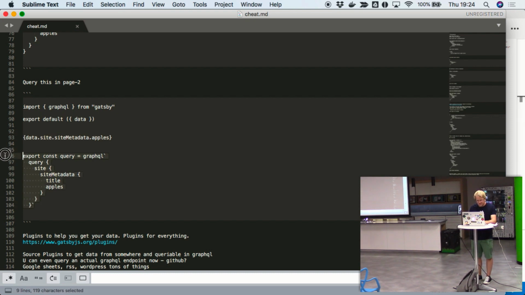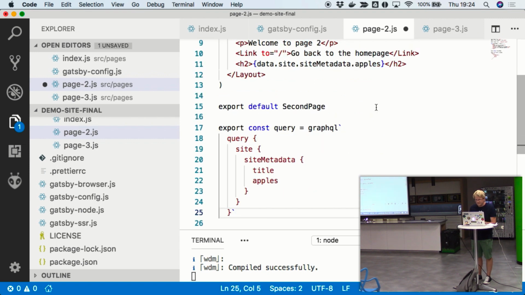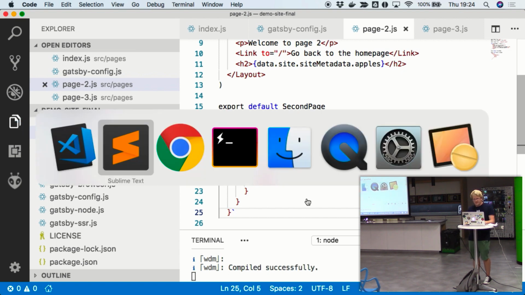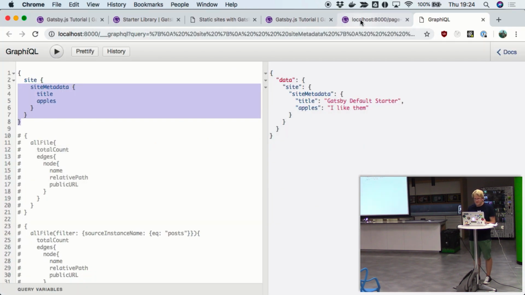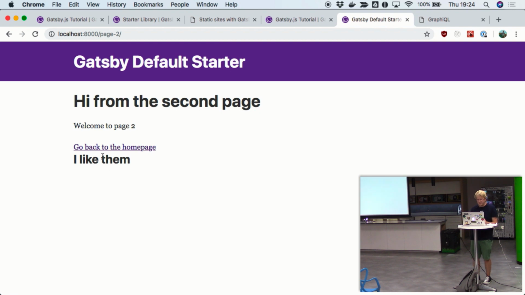And all you do right at the bottom or anywhere is put your GraphQL query in that same page. And if we run that, now hopefully we'll see apples on page 2. And that's there. So really easy to pull data from that config file.